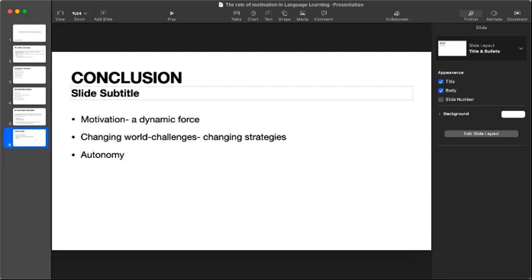We can also say that the relationship students establish with the learning process, of course, is still in need of encouragement. Yeah, although learner autonomy is at the center of the new strategies, it should not be ignored that teachers also have a responsibility, even more responsibility in keeping learners motivated in this continuously changing world.